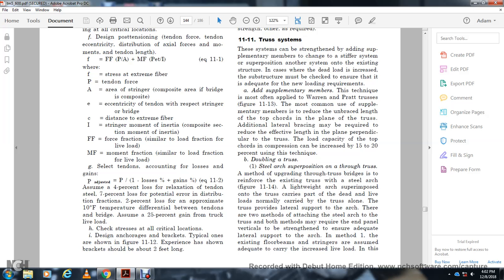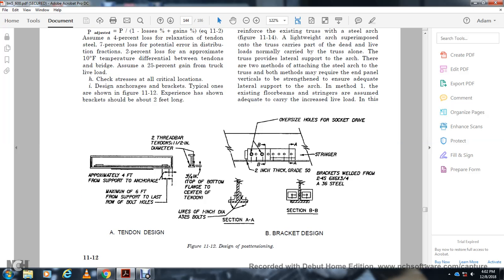The truss provides lateral support to the arc. Therefore, the two methods of attaching the steel arc to the truss may require end panel vertical strengthening to ensure adequate lateral support of the arc. The method one with the existing floor beam stringers is assumed to have adequate capacity for the increased live load. Alright,